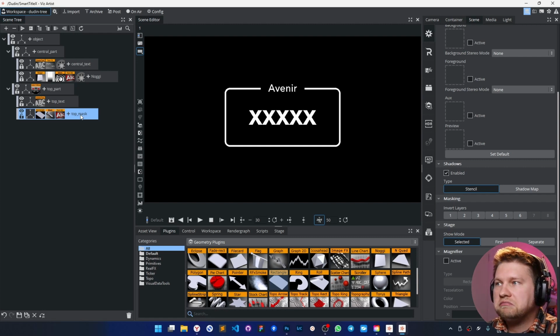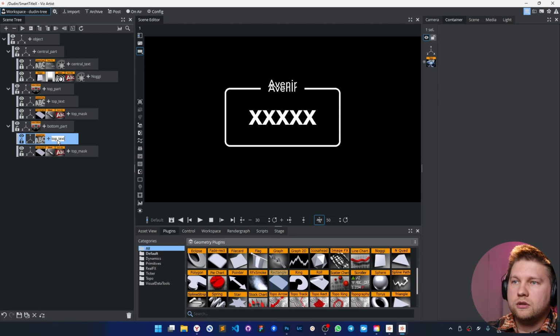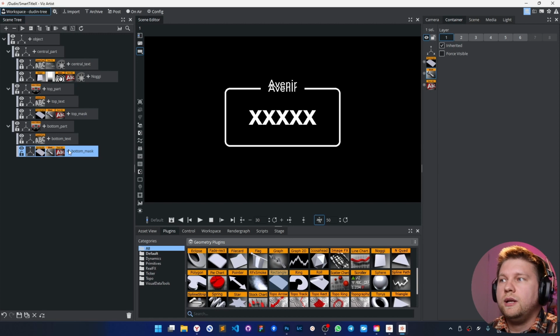And that's perfect. So I can do absolutely the same for the next one, for the third text. Let's just copy it and use a different name, the bottom part. And of course, here will be the same. The bottom mask, of course, as well.